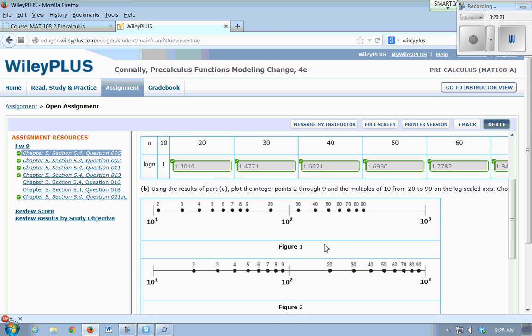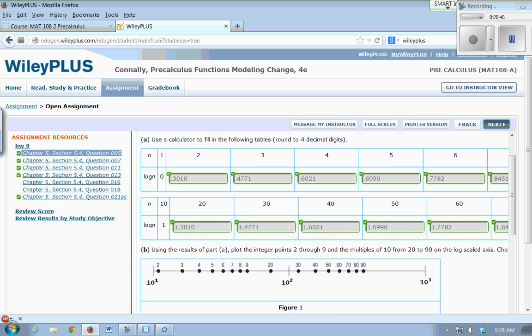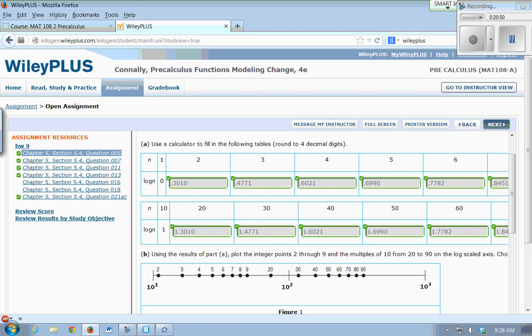Okay, using the results of part A, plot the integer points 2 through 9 and the multiples of 10 from 20 to 90 on the log scaled axis. So basically, in a log scaled axis, instead of plotting the points 2 through 9 and 20 to 90, I'm plotting the power of 10 that each number is, right? So instead of plotting the number 2, I plot 10 to the 0.3010, right? So if I type into my calculator,